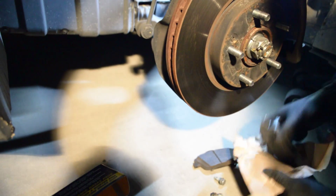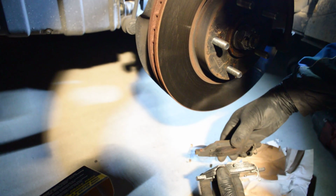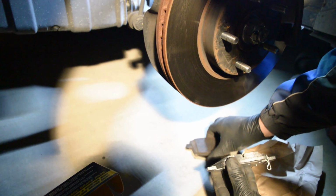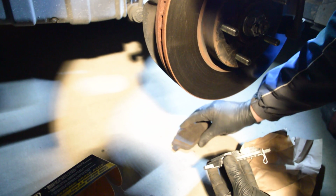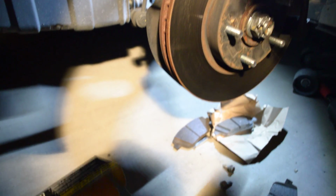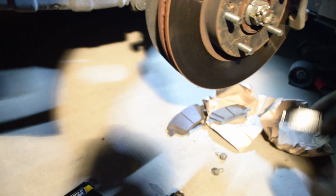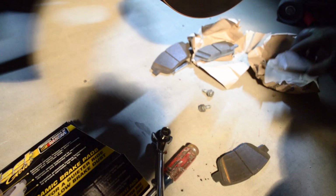And what I'm gonna do now, like I said, I already changed the other side, but you notice right here, it's in the same direction on the bottom. You want to keep it in that same direction. This already has its own little shim. We'll just use the new shim for that. Double check, make sure they look the same, and they do. And the next thing we want to do is